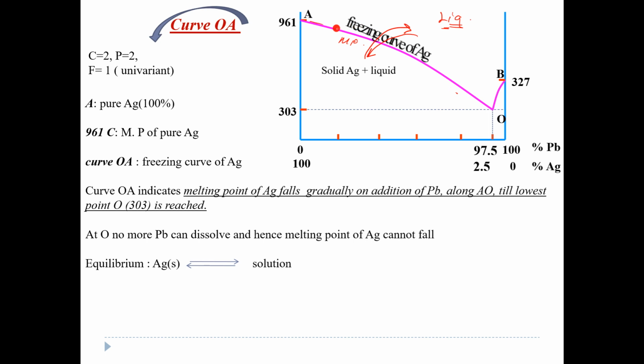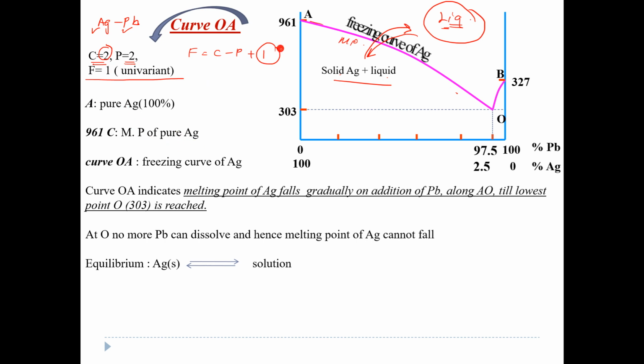Now what is this? So the component is two because it is silver and lead system, no? So there are two components. This is one component, this is the second component. So components is two, phases are two. So one is the liquid phase and it is this phase. So it is two phases, solid phase and liquid phase. Now just substitute in the formula. What was the formula? F is equal to C minus P plus 1. So 2 minus 2, 0. Answer now comes out to be 1. So our system is univariant. Okay, so you need one parameter to define this system.